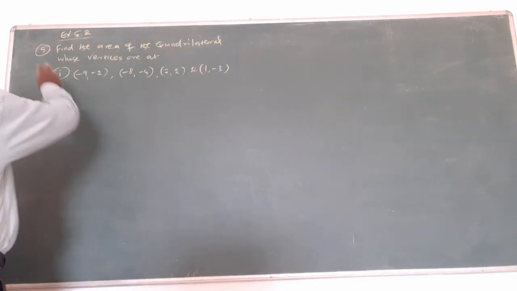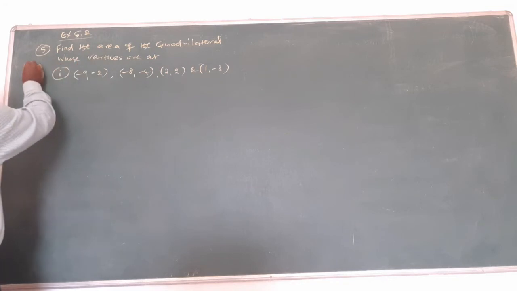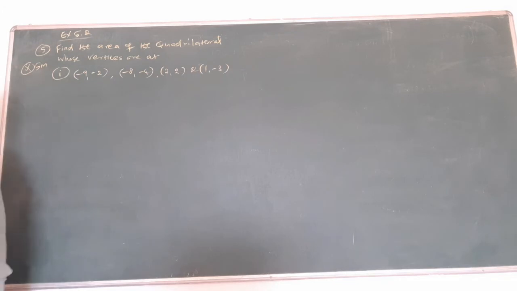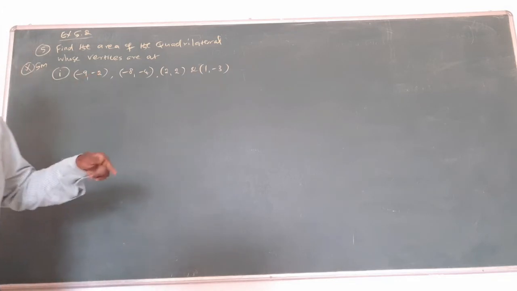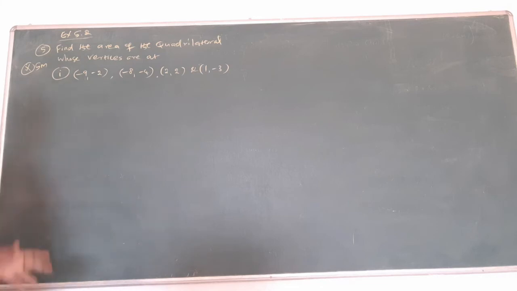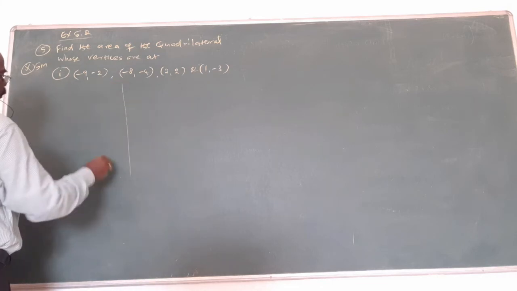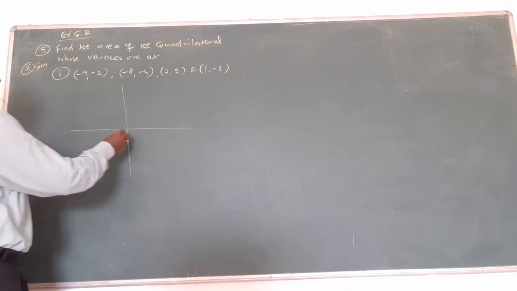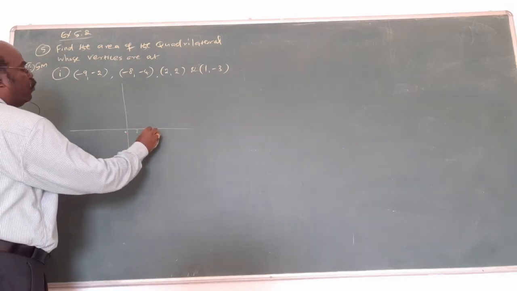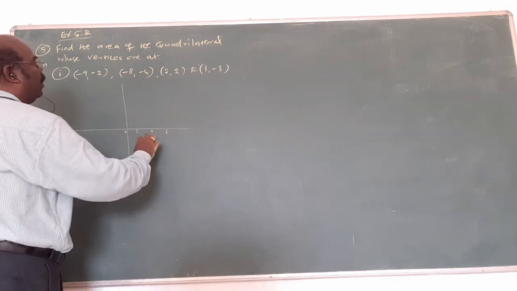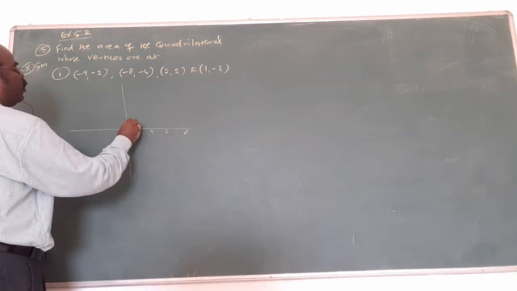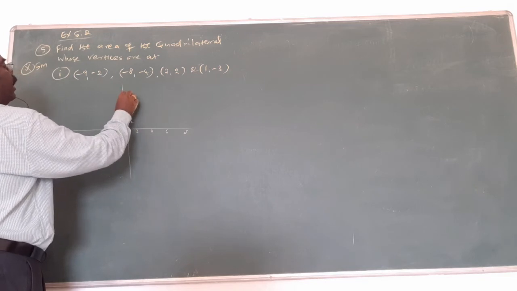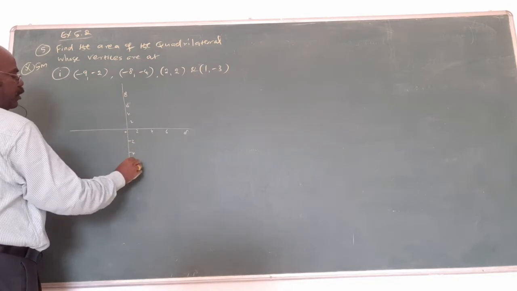Now, the 5th question is important, 5 marks. What is it? 4 points are given, area asked. Now you want to draw the diagram also. Now 4 points you know. I will put the diagram only: 0, 2, 4, 6, and then minus 2, 2, 4, 6, 8. Diagram only, without accurate measurement. That's all.